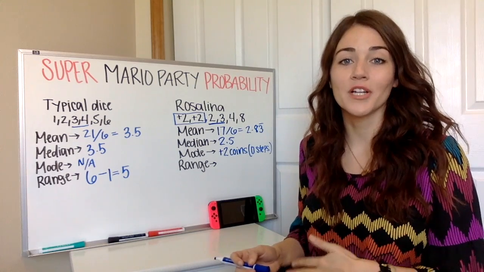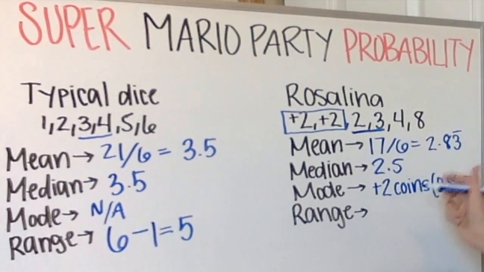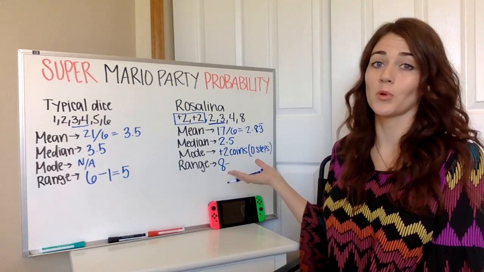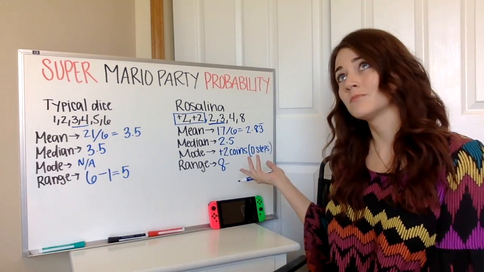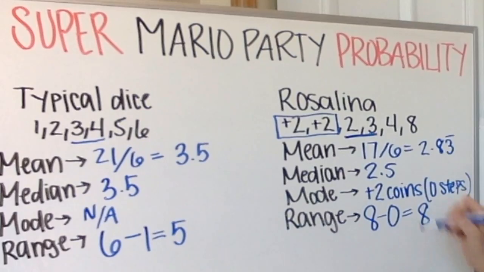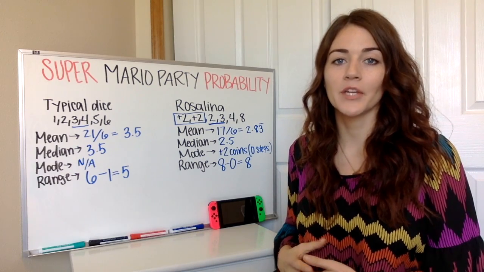And then lastly, our risk versus reward. If we're looking at a reward, the best possible option is 8. The worst possible option is that you get 2 coins and don't have to move, which doesn't really seem like a bad option to me, but that is our worst option. And it is 8. Okay, just like we did before with Mario's dice, I'm going to have you go ahead